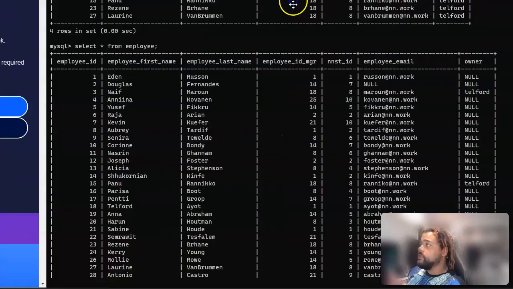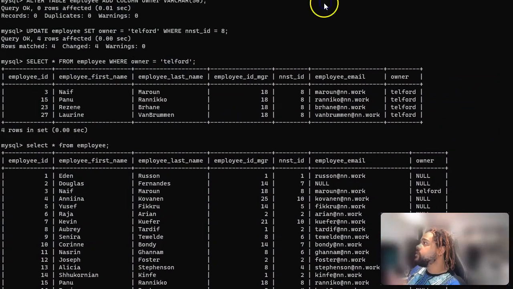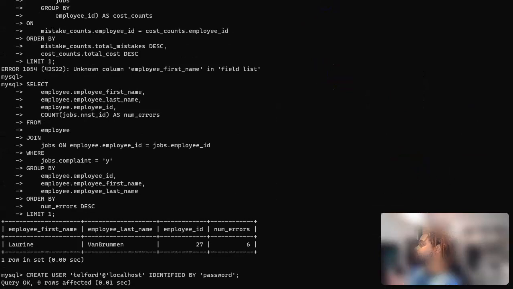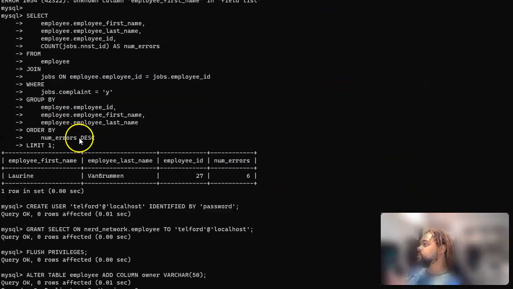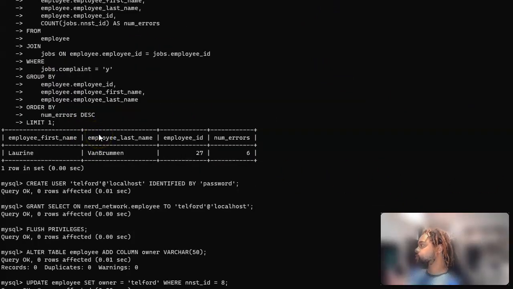So let me shift you over to my database. So we'll start from the top. Ignore this, it's from the actual test. So first we had to create the user. So this is our line to create the user. Created him at the localhost. We made his password simple to keep it simple. And we basically just said grant him access on the nerd network for employees